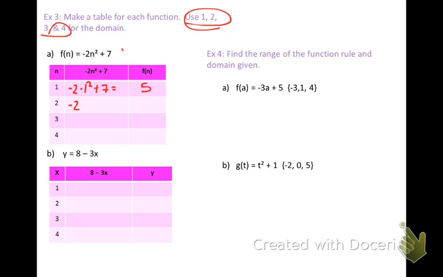So -2 times 2 squared plus 7 equals, so it's 4 times -2, which is -8 plus 7 is -1. -2 times 3 squared plus 7 equals 9 times -2 is -18 plus 7 is -11. -2 times 4 squared plus 7. 4 squared is 16 times -2 is -32. -32 plus 7 is